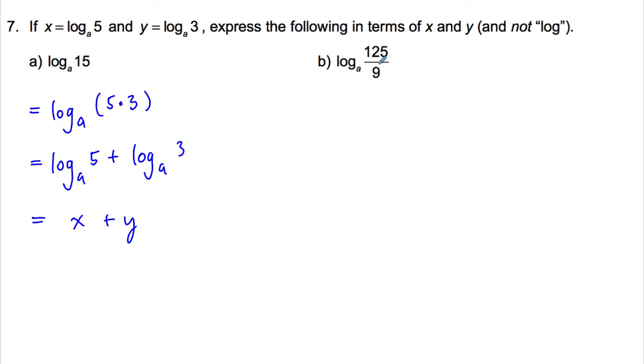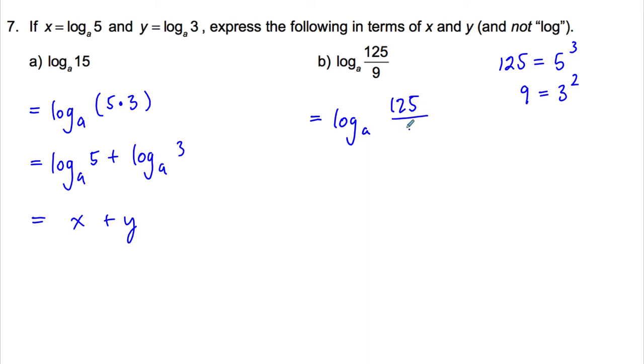Now over here for part B, we have something similar, but we have 125 and we have 9. If we don't know the number facts from the table of values, we won't be able to see how 5 and 3 are related to 125 and 9. So the first thing to notice is that 125 is equal to 5 cubed, and that 9 is equal to 3 squared. So we're going to pull apart those